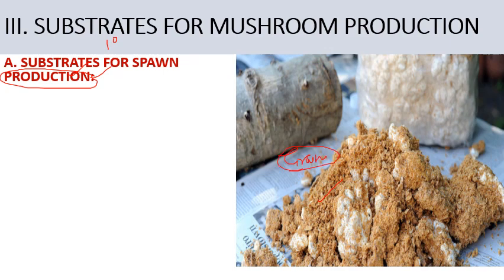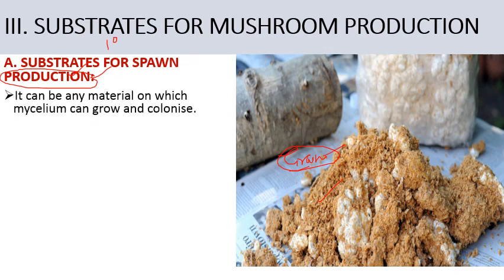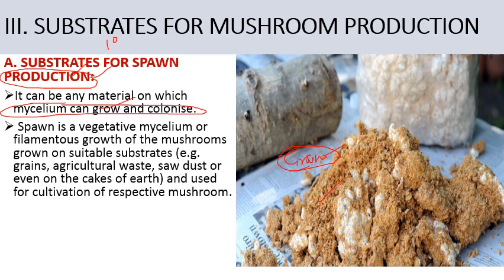So these act as substrate for the spawn production. So it can be any material on which mycelium can grow and colonize. जिस भी मटेरियल के ऊपर माइसीलियम ग्रो कर सकता है या कॉलोनाइज कर सकता है, that will act as a substrate. And spawn we have already discussed is the vegetative mycelium or a filamentous growth of the mushroom grown on suitable substrates like we have grains, agricultural waste, sawdust or even on the cakes of earth and used for cultivation